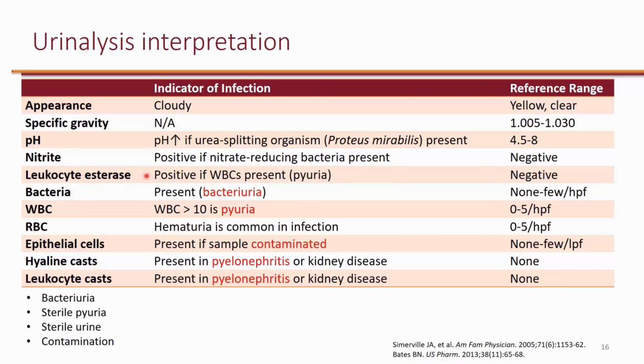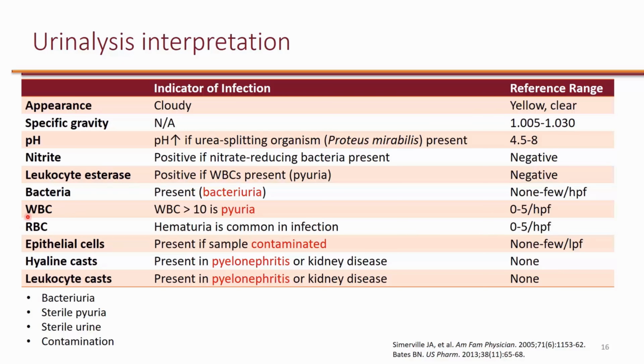If you find leukocyte esterase, that means white blood cells are present, because these esterases are released from the actual white blood cells from the body. That just means that there are white blood cells present, and we call this pyuria. Pyuria means the presence of pus in the urine, or more specifically, the presence of white blood cells or leukocytes